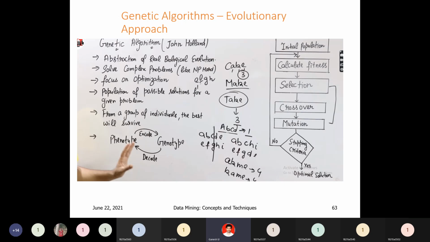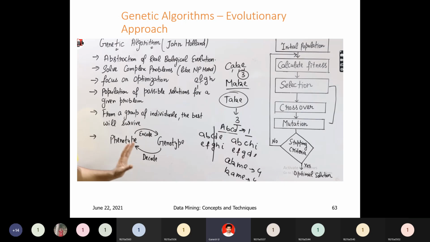So finally, crossover and mutation, these are the two types. Crossover is, for example, A B C D E F G H I, from this you are crossing. Mutation is nothing but swapping. One child takes its features entirely from the father, and another child entirely from the mother. So that is swapping, that is a mutation.